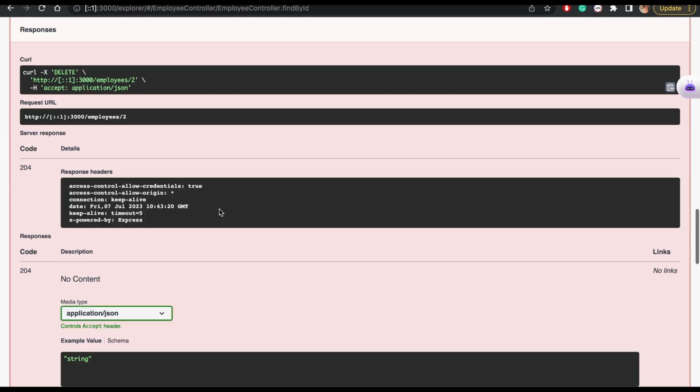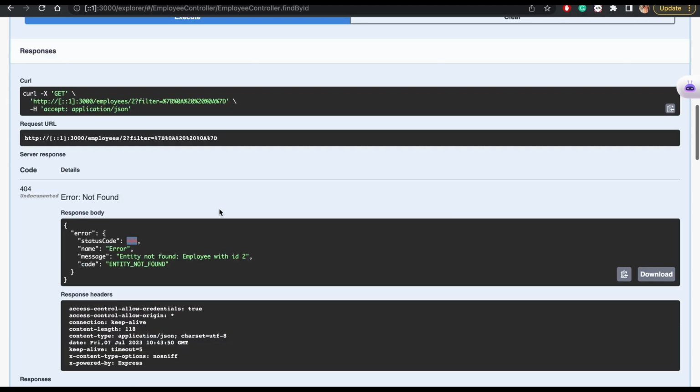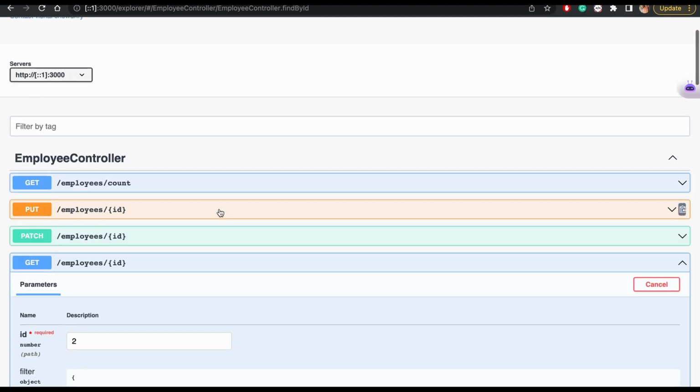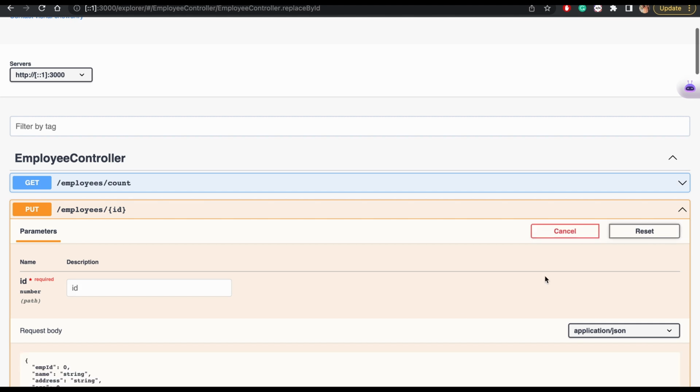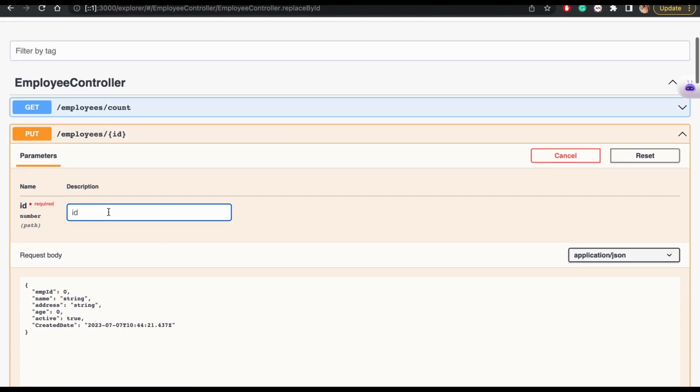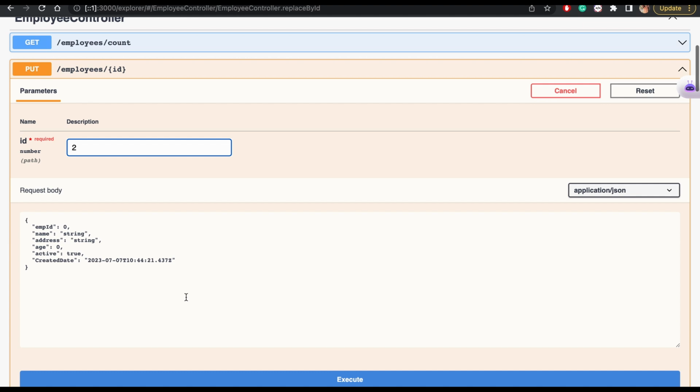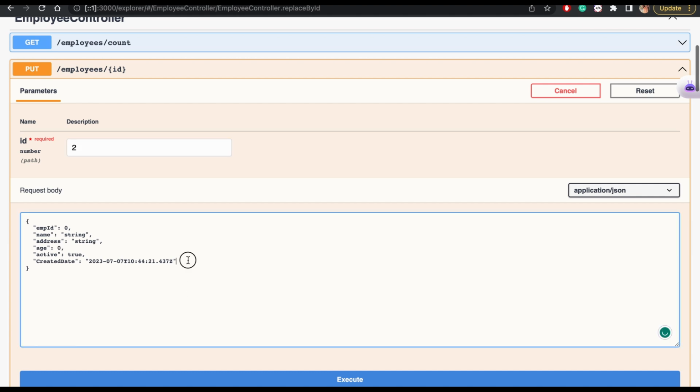And one last API I want you to try is the update API. So for ID number 2, if you want to update anything, what you can do is, let's see, with this name